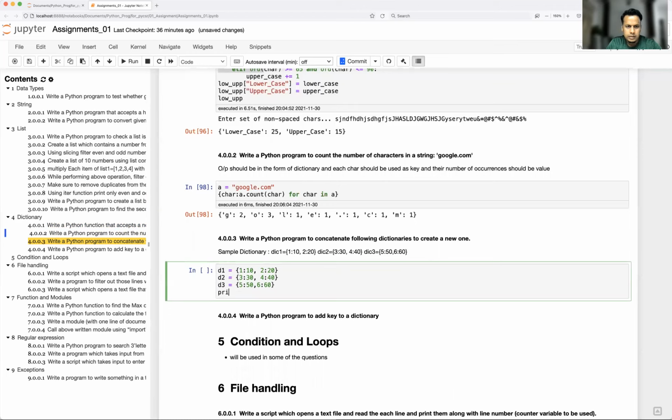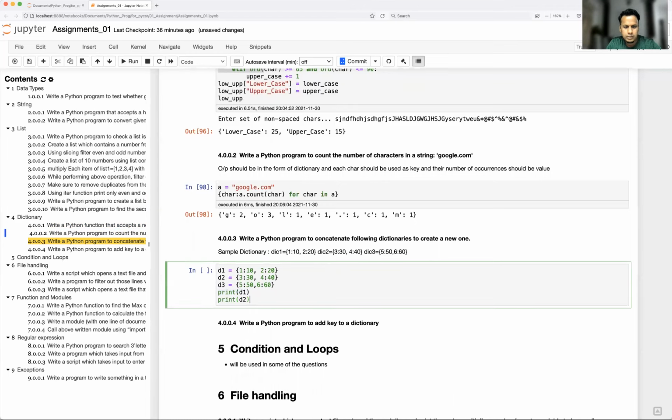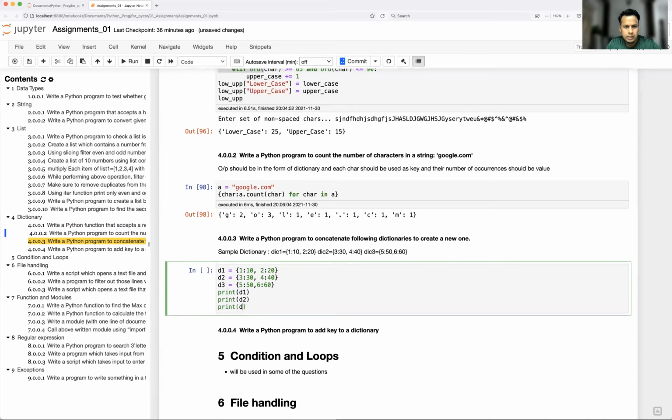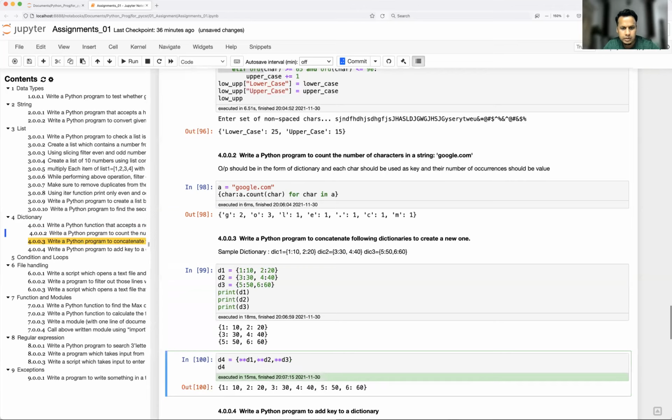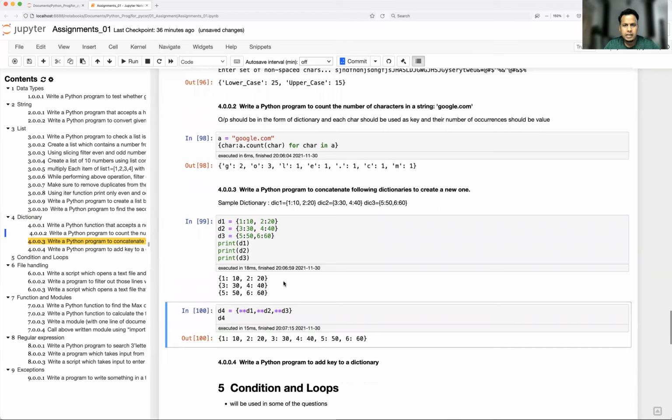Let's print d1, d2, and d3. I can create another dictionary d4, and in this I can give double star d1, double star d2, double star d3, and print d4. So this is one way of concatenating.